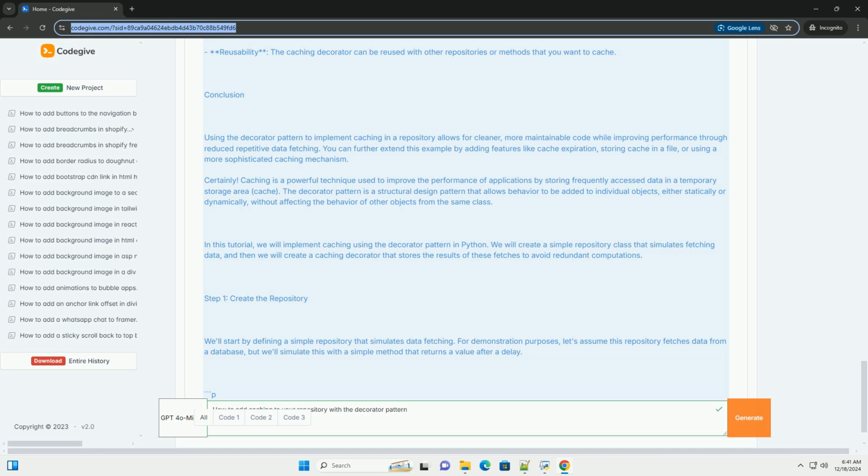Step 2, create a caching decorator. Next, create a caching decorator that will wrap around the repository method. This decorator will store the results in a dictionary to avoid repeated calls with the same parameters. Python. class CachingDecorator: def __init__(self, repository): self.repository = repository; self.cache = {}